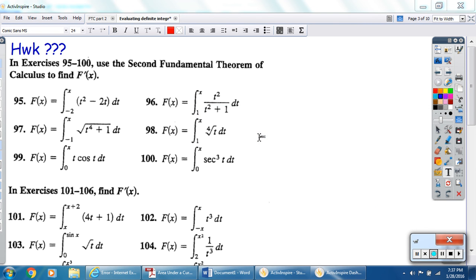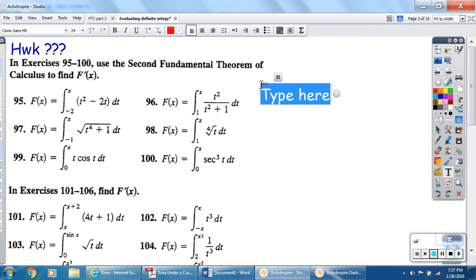In this video, we're going to look at the homework from page 329, 95 through 106, and we're going to be reviewing the fundamental theorem of calculus part 2. In this video, I will be using the slate, which sometimes is not always the most friendly when it comes to writing. So I'm going to start out by reviewing the fundamental theorem of calculus part 2, but I'm going